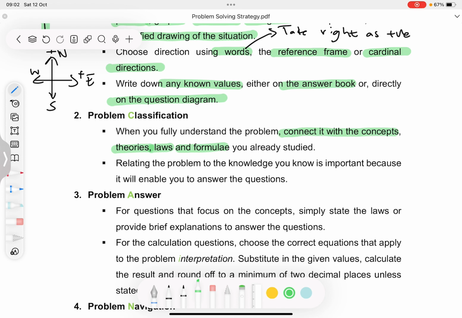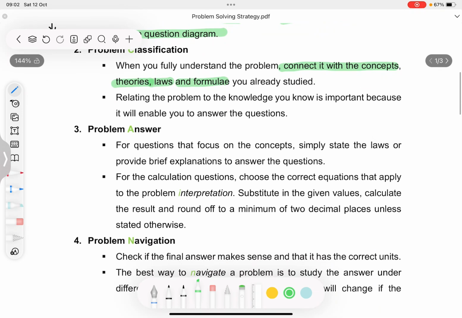Now this is important because it leads you directly to our rule number 3, where we are ready to answer the question. We already know what problem we're dealing with. It's just a matter of answering the question. We know what theories and concepts to use in this problem. When we read the problem, we can see where the examiner is trying to go or what they're trying to